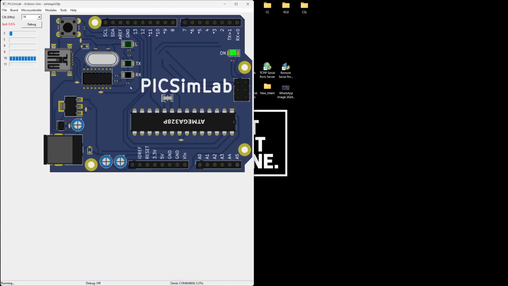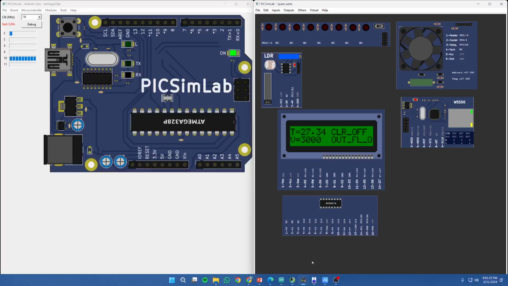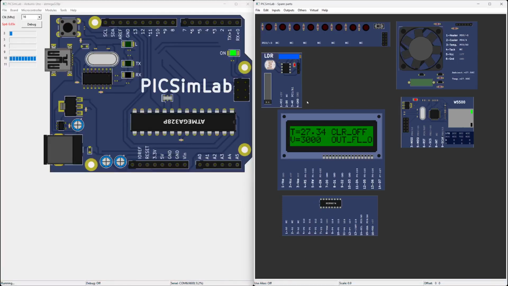Now, as I have explained in the presentation earlier, we have used PicsimLab, which is a simulation tool to simulate the Arduino Uno environment. Since this was a virtual internship, we have to use the virtual part to show the working of the project. The Arduino Uno model which we have used is the ATmega328 model. All right, and these are all the spare parts which will be needed to show you the working of the